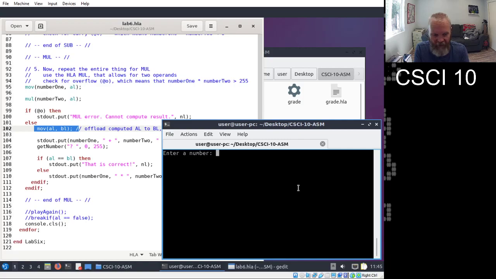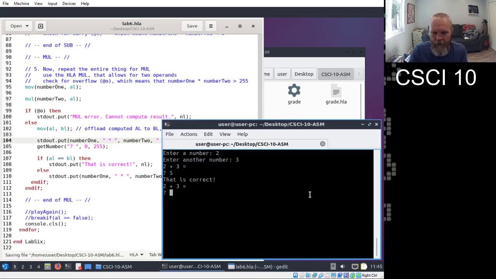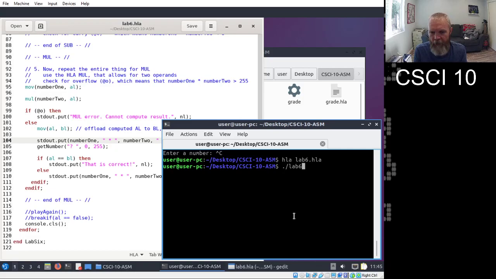So I'm just going to do little stuff like 2 and 3. That's 5. I forgot to update the prompt, didn't I? Yeah. 2 times 3, I know this one should be 6. I have to scroll up because I haven't fixed the play again part, so that is correct. I'm going to rebuild it just to...